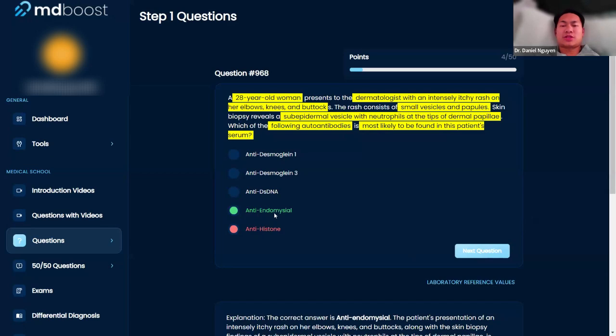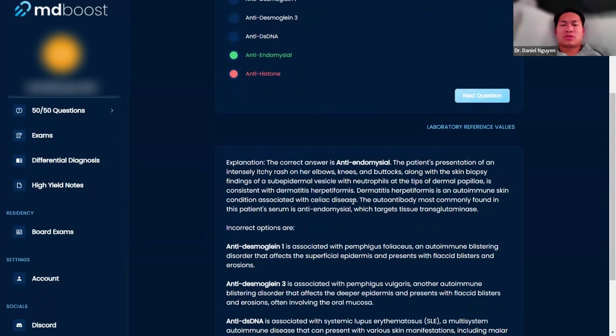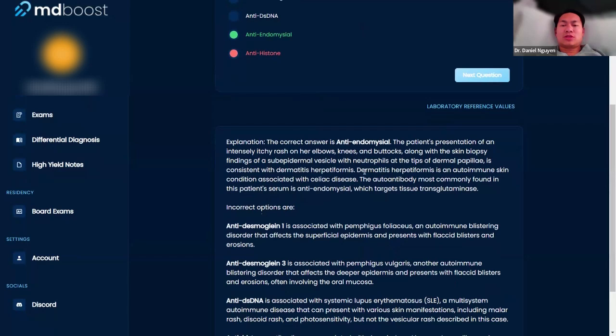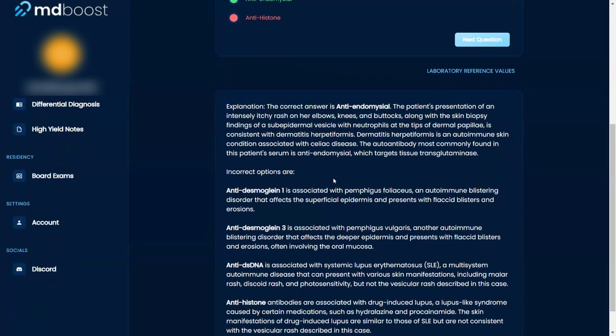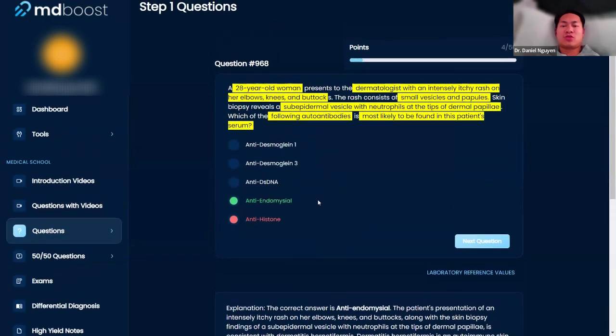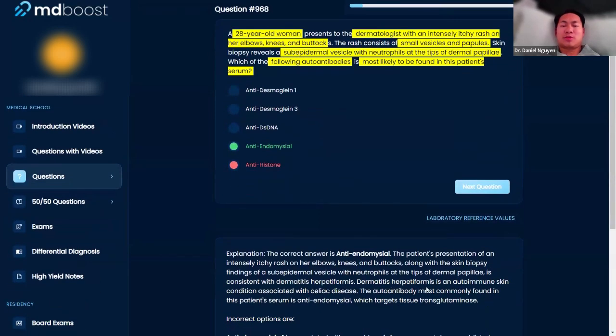Okay, let's talk about this. This is actually anti-endomysial here. So we'll talk about why. This looks like dermatitis herpetiformis, right? Which is associated with celiac disease. It's a kind of tricky question because you had to first know that it's dermatitis herpetiformis, and